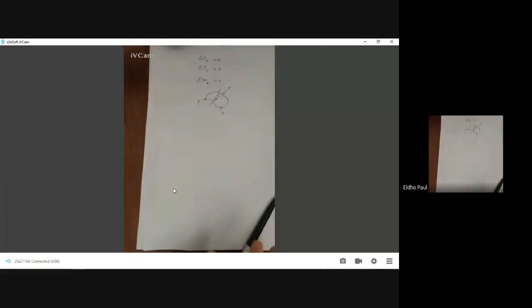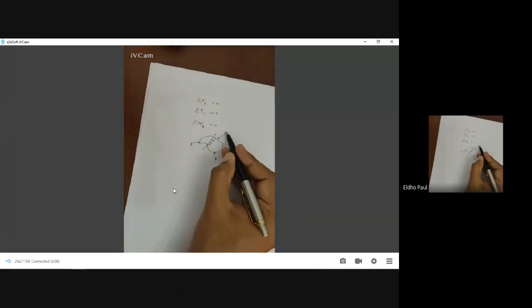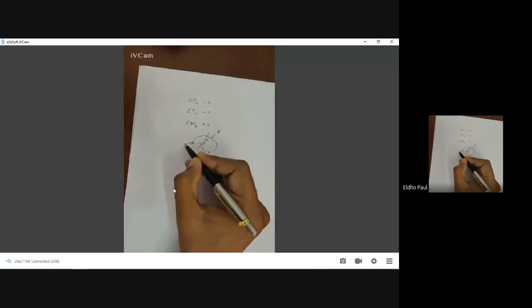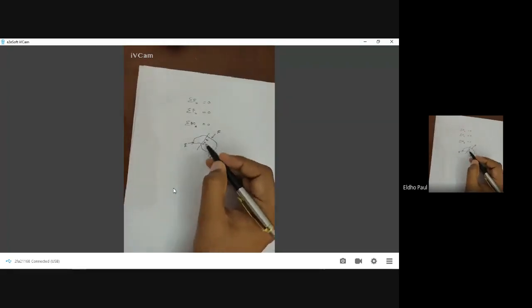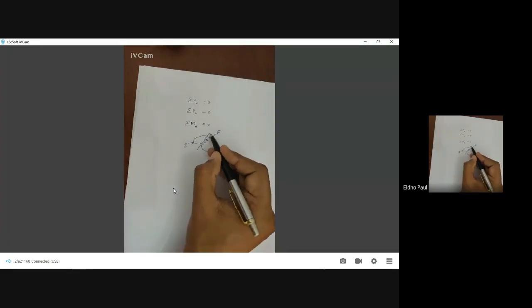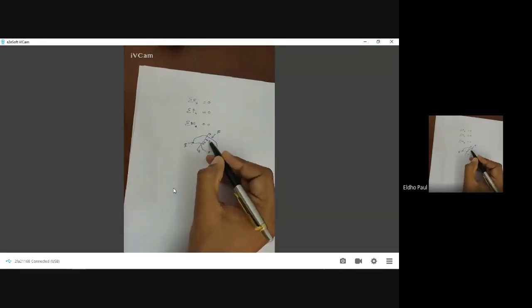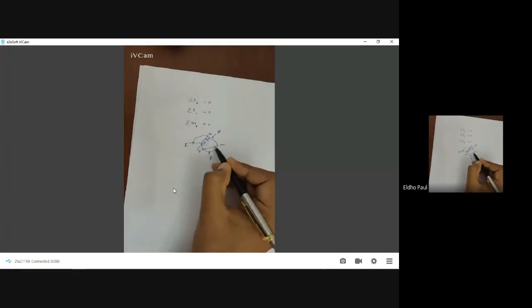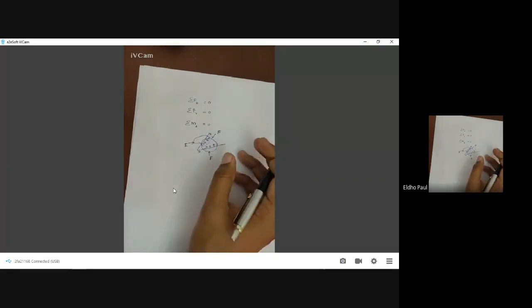Okay, so we already discussed all these things in the last class. And this internal force and this external force maintain an equilibrium in a body. Okay, so when I apply some external force F on this body, across any cross section of the body, some internal force will be developed. For example, in this cross section, an internal force is developed. If we take another cross section, some internal force will be developed, and this internal force and this external force constitute an equilibrium for this body.